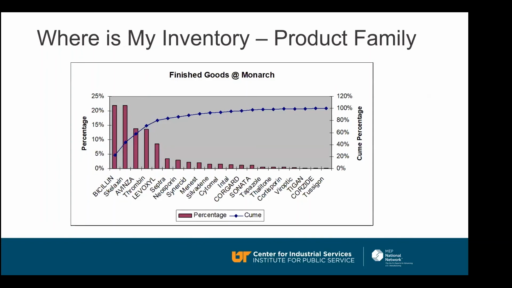On this one, I wanted to see where my inventory value was. So I looked at it based on product family. And this is pretty typical, but remember the 80-20? In this case, the first 2, maybe 3 items are representing 80% of your inventory value. So if I want to make a big difference in the value, this is where I'm going to look, and I'll know to focus on this.